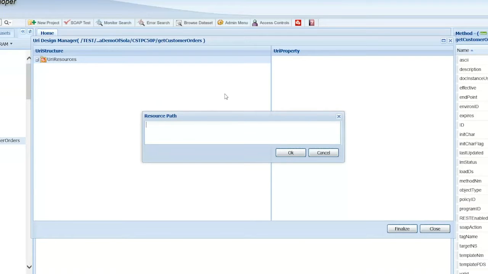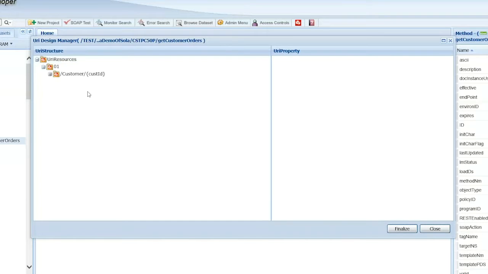And now you have to indicate what you want to call this resource. I'm going to call this resource Customer. And in this case, customer takes two inputs, a customer ID and an order ID. I want to put the customer ID right on the URI path. So I do that just by putting a small marker. I can call it anything I want. I'll call it cust ID in this case. And I click OK. And as you can see, when I expand on this, it's indicated that cust ID is